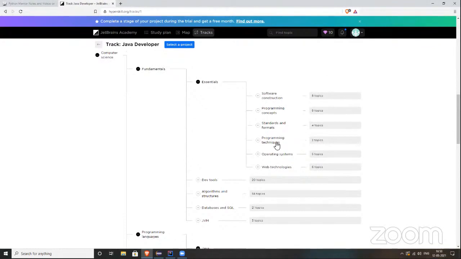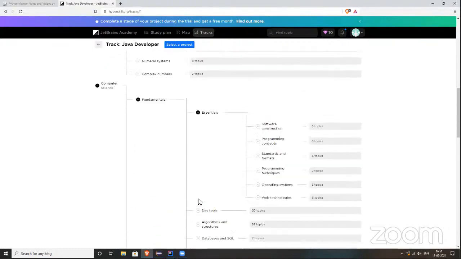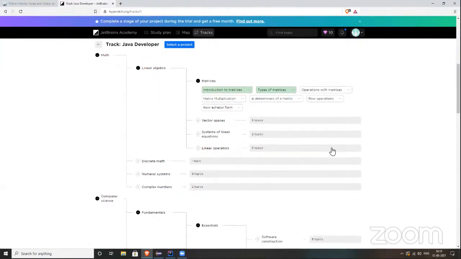I don't know anything about fundamentals. I think this will be complex right now, we can go to the programming language. Oh, okay, shall we do mathematics? Which topic have you solved in mathematics? Matrix introduction and types of matrices, so yeah, we can go for that, operations with matrices.